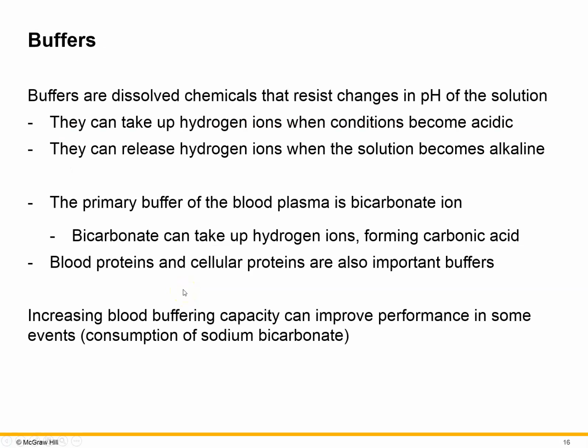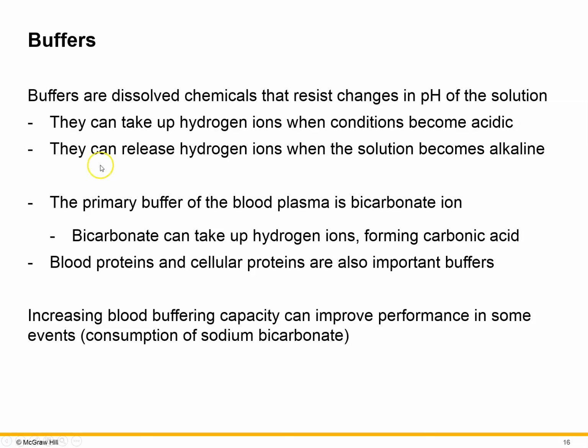Buffers. A buffer, as we said, is much like when we talked about bases. A buffer is a chemical that can take up hydrogen ions or release hydrogen ions. So buffer isn't just considering that one thing. Buffers are chemicals that, when dissolved in solution, can either take up excess hydrogen ions or release them when there's a vacuum of hydrogen ions, a drop in hydrogen ion concentration, so that the pH of the solution doesn't change. They control the pH. They keep the pH from changing, even though we're going to try to disrupt it